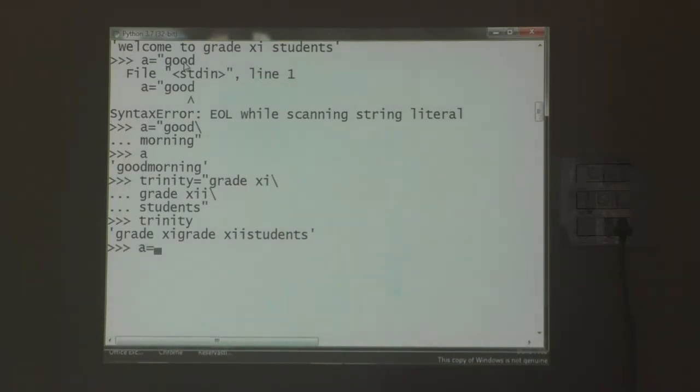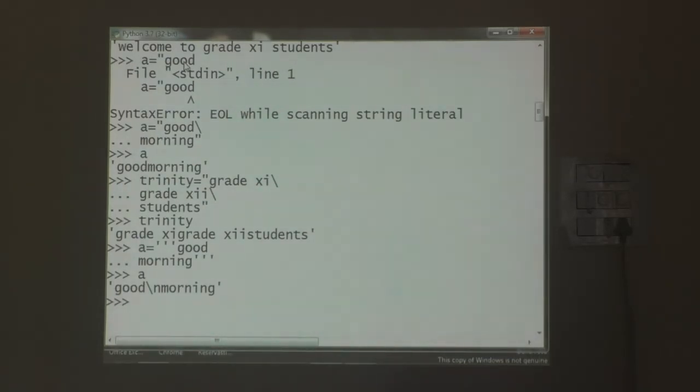For example, see here, triple quotes I have used. See, good. This is also possible. Morning. This is the end of the string, means we have to enclose it using triple quotes. This is possible. Then next, good morning. Did you understand, student? Okay.